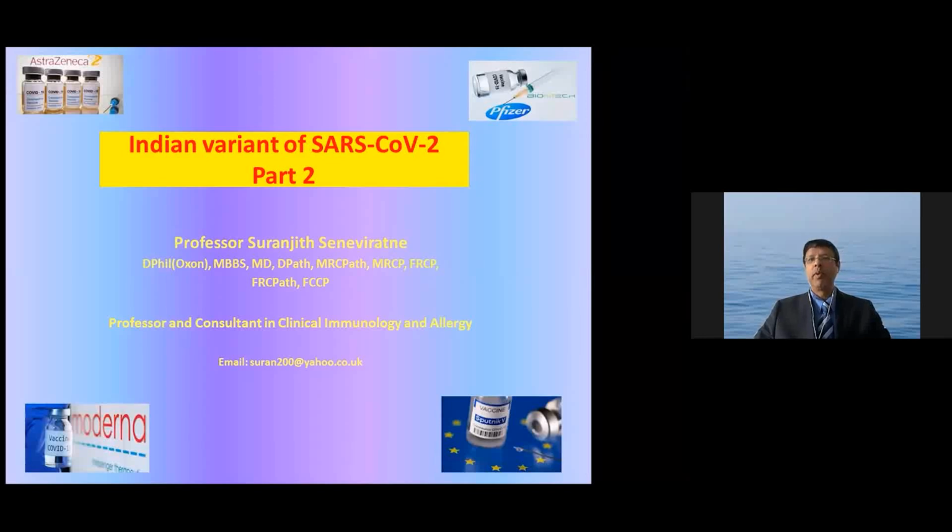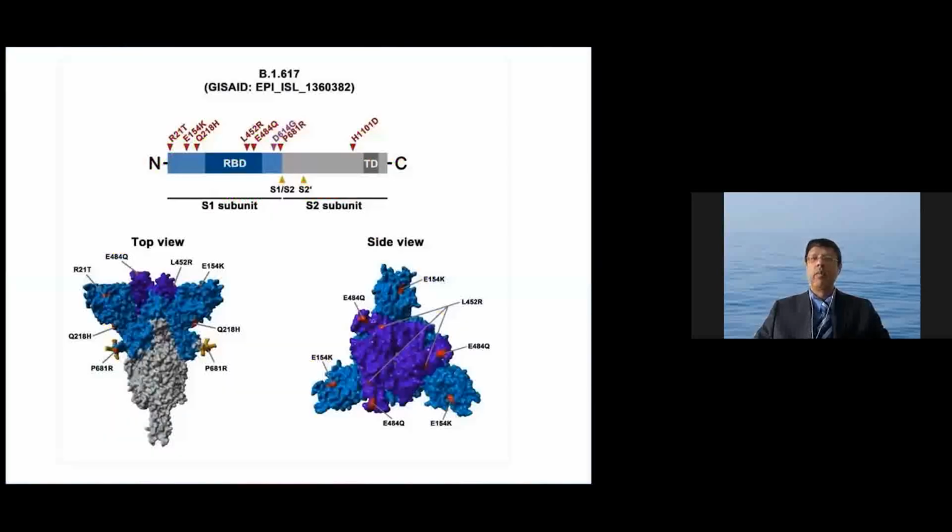I spoke to you about the Indian variant of SARS-CoV-2 around 2 weeks ago, and this is an update with the knowledge that has come following this. In the first talk, I told you about the different mutations that are noted in the Indian variant, and it is called the Indian variant because it was first detected in India, but it has spread to many parts of the world. So these are the 8 mutations that are found in the spike gene that codes for